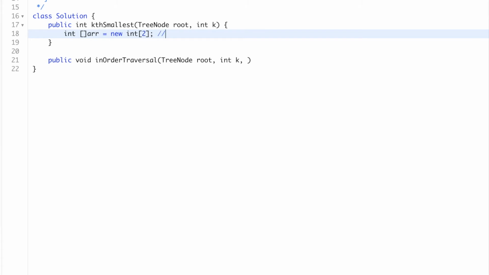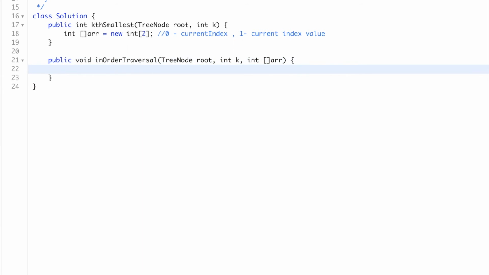Here the 0th index would be our current index value, and the first index would be the kth element value. That's how we're going to store the value in it. Now since we have created it, we'll pass it to our in order traversal as well.